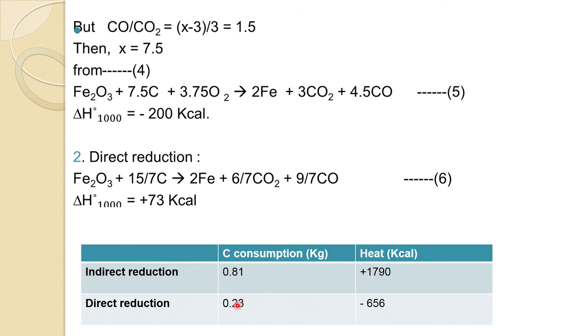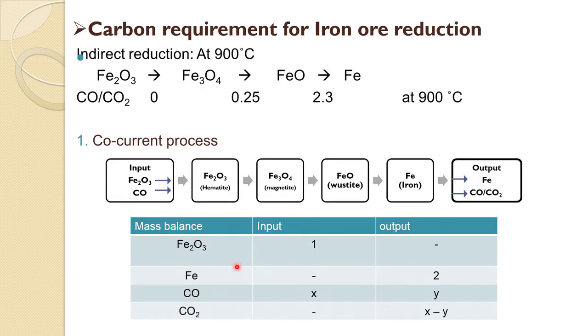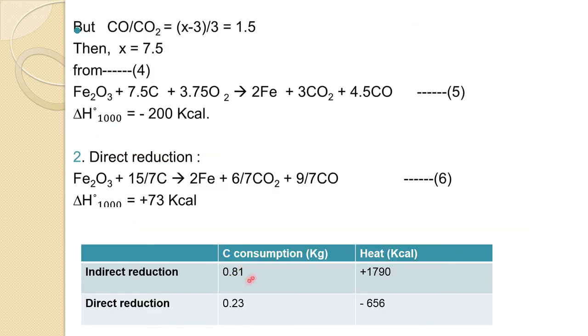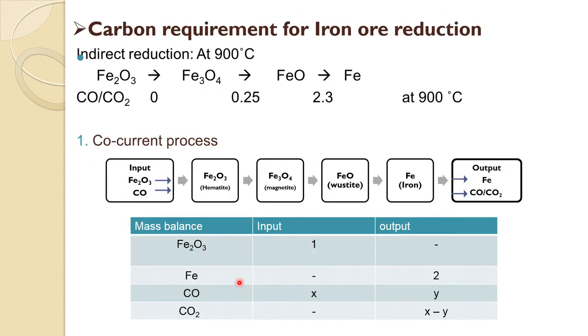produce per mole of iron. So, which means that indirect reduction is giving quite high carbon coke consumption. Now, we will talk about another point here, and that is again we are taking an indirect reduction, but now